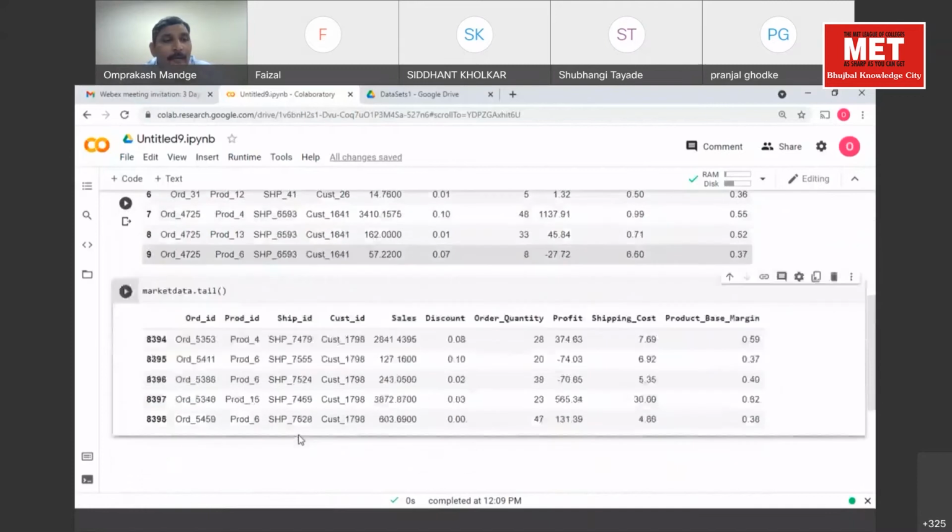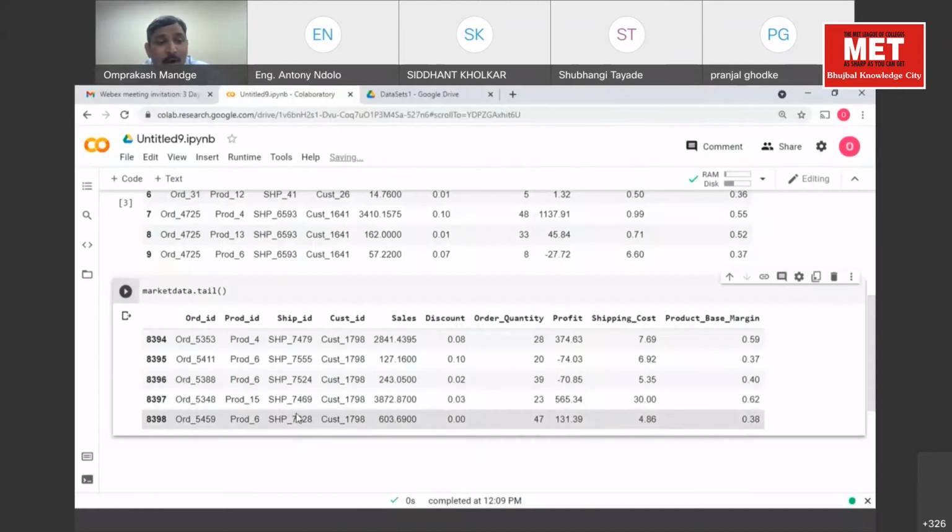What is the difference between head and tail? The tail function returns the bottom or last 5 rows. The head function returns the top 5 rows. Is that clear? So tell me now, how many rows are there? 8,399 rows in this particular data set.